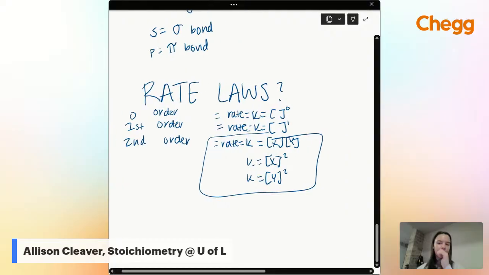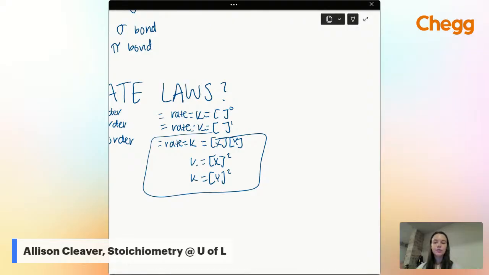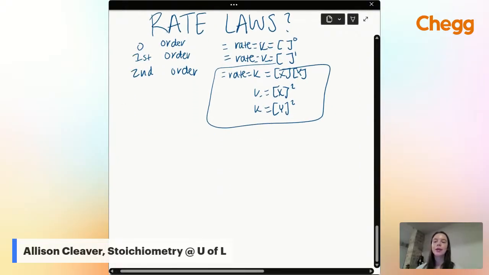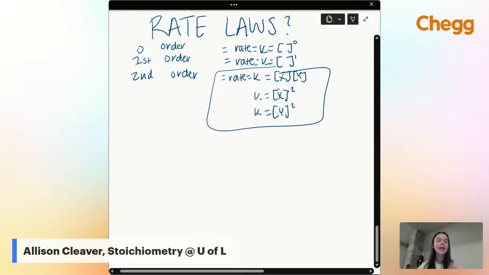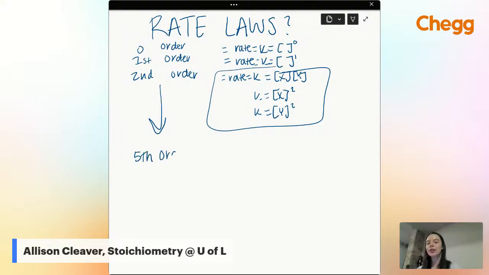Every rate law equation has different half-life equations that go with it, and different ways to find things. We have some ICE tables that we do where we determine the K value and how quickly those concentrations are changing at equilibrium. Basically, this order can keep going up as exponents come up. So you could go to fifth order and have rate equals K times X to the second, Y to the third, or any combination of that. That's how we get the order of the rate laws.